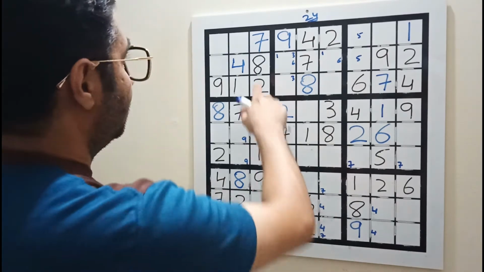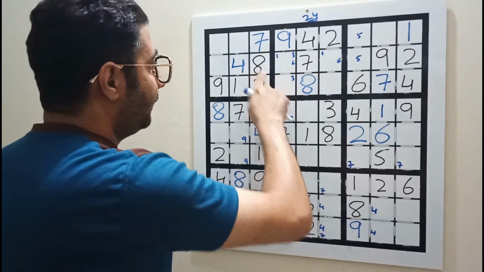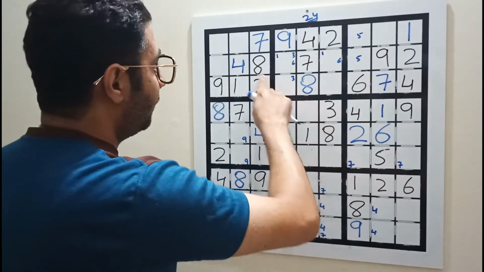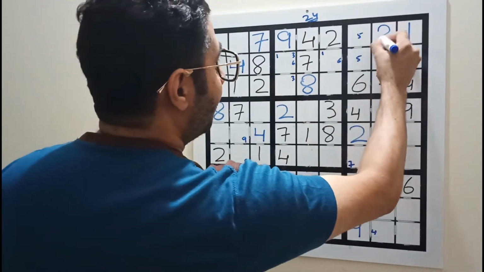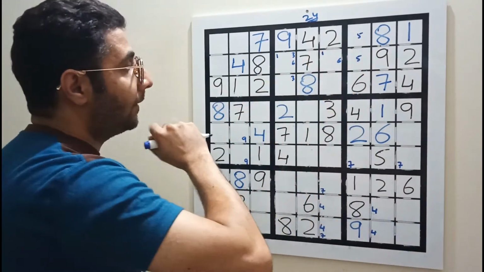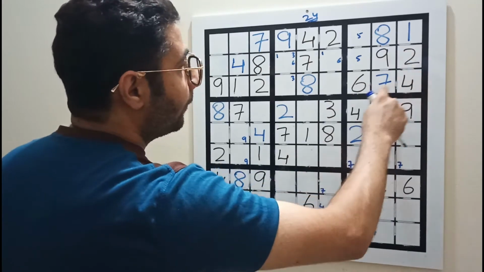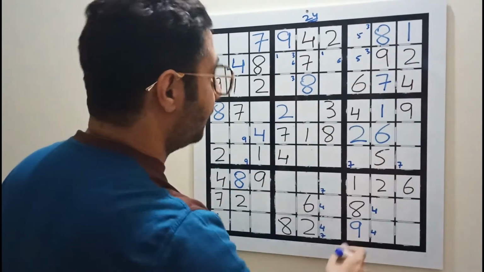Eight. Center, bottom, middle, and it has to be on the top. This is our 8. We got 2 left. It's a matching pair. Let's see what are the numbers. 1, 2, 3, 5. 3, 5 is the matching pair.